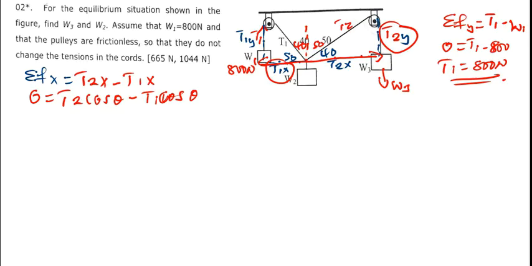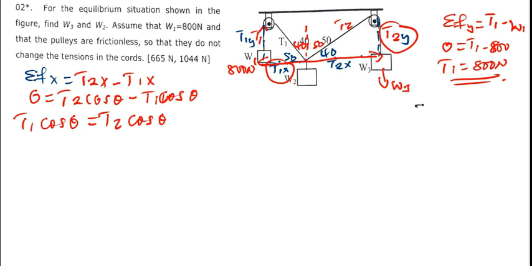Now we have to shift T1 to the other side, so it will be T1 cos theta being equal to T2 cos theta. But we know what T1 is, and remember I said that for us to find T2, we'll say the summation